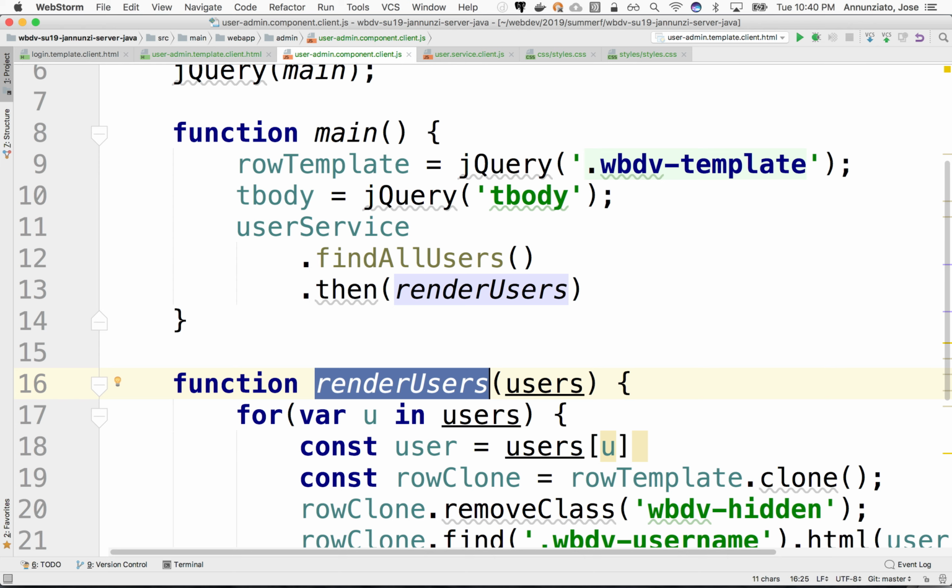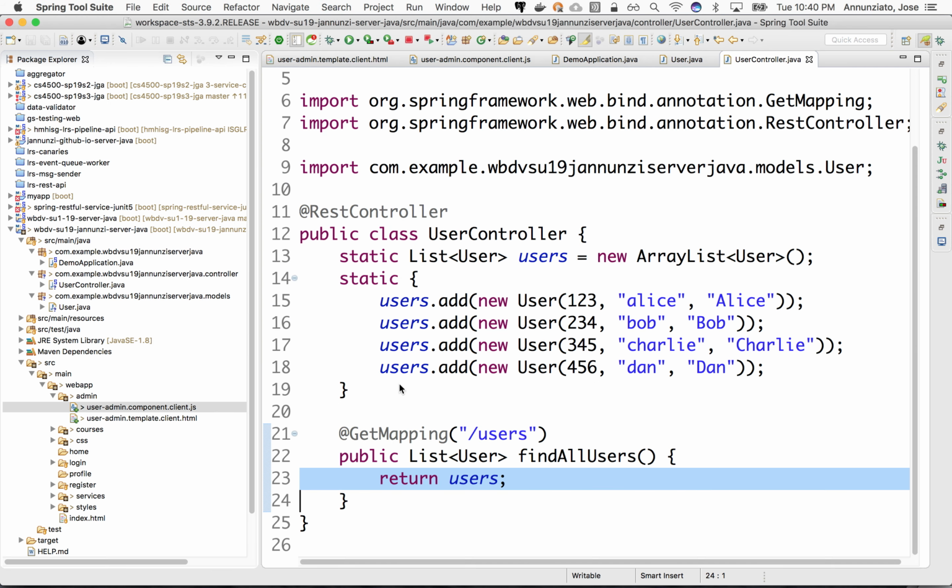All right, there you have it. We have a client going to fetch data from the server, which is currently static, some hard-coded array, but certainly we could imagine this being dynamic, changing as we create new users, find users, delete users, and update users, and we can talk about that on Thursday.